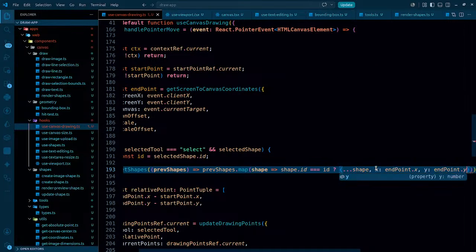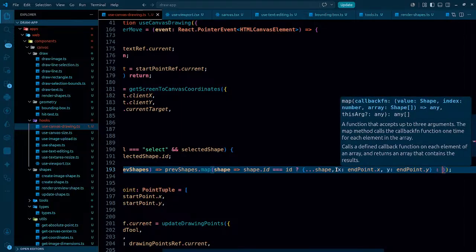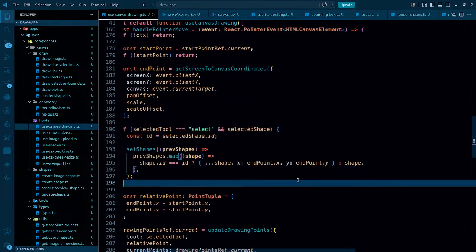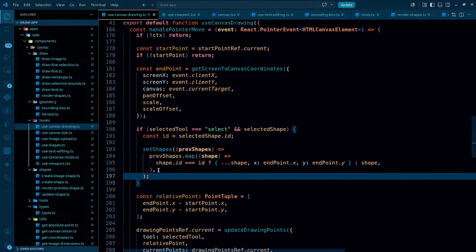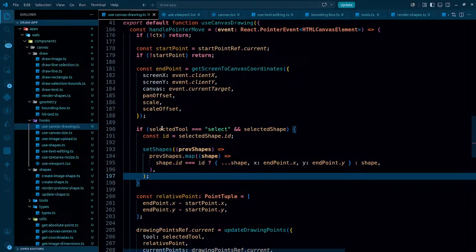I am not sure whether this will work or not. If this doesn't work, then we'll get the distance between the start point and end point, and after that we'll see. But I think even this should work, because at the end we are just simply changing the coordinates, nothing else. So changing the coordinates should not be a problematic thing, but let's see. And otherwise we are just simply going to return the shape. So this particular thing is done. So ultimately the state is going to be changing, and once the state changes,